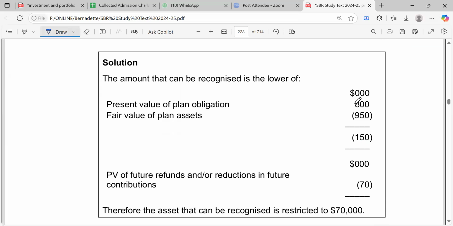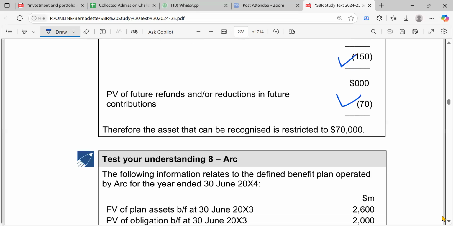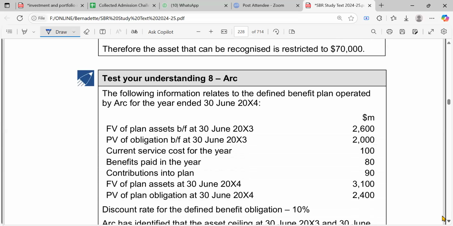The obligation is usually put as positive and the asset is negative, because they are used to do that from the very beginning so that you don't confuse yourself. You can see it is positive for obligation, negative for assets. So you have the net plan asset and you have the other asset of the refund, then you take the lower. Presume as if you are doing the impairment here, right? That's just that way.